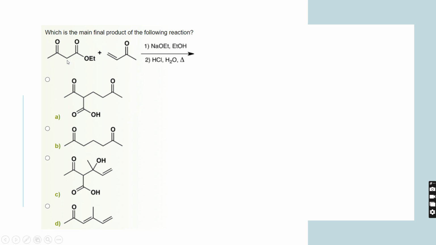So after abstracting the proton from this center, you will get an enolate which will be in conjugation with this carbonyl C=O bond. That enolate is going to come back to attack at this alpha beta unsaturated ketone,